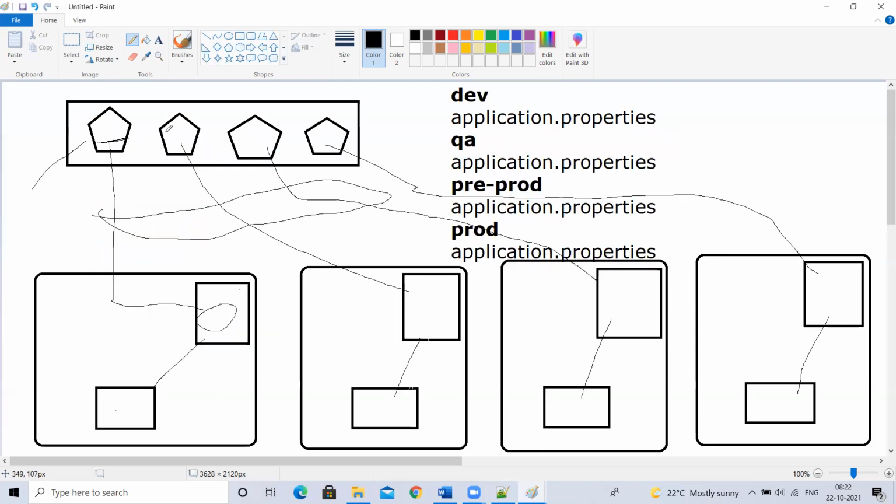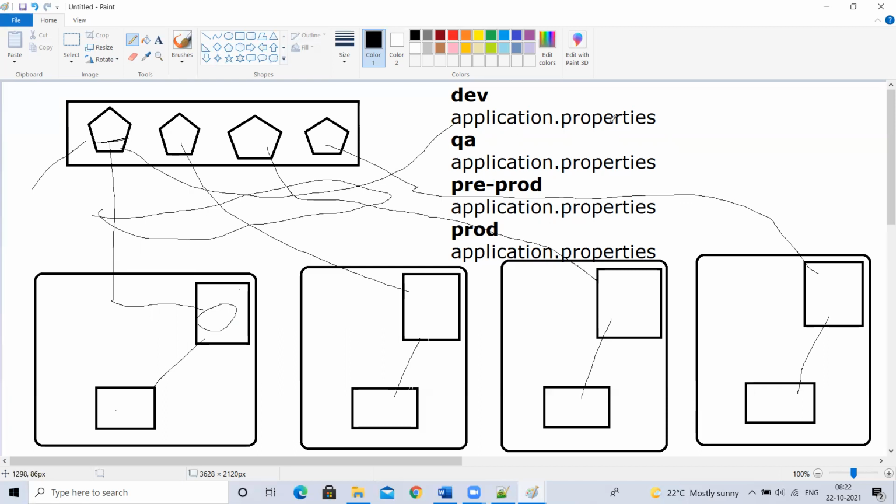So as they are reading those values from the application.properties file keys, when I deploy it in my dev environment, I'll take this application.properties and ignore all three. So do I need to change my Java code here? Not necessary. No. Why? Because the Java code is reading the keys, right?